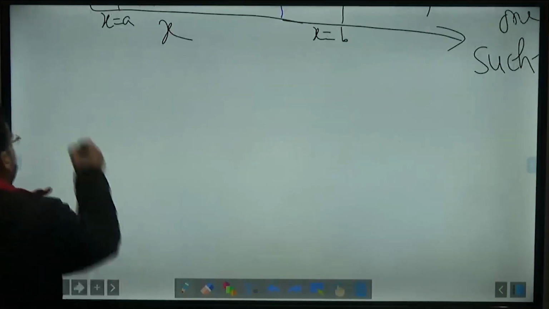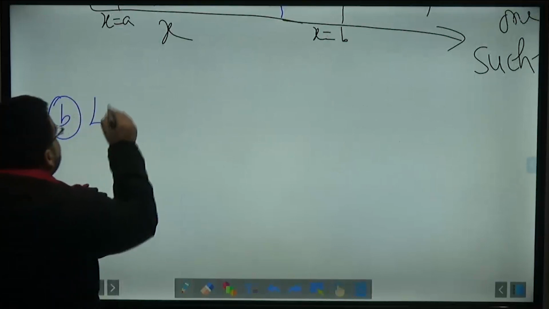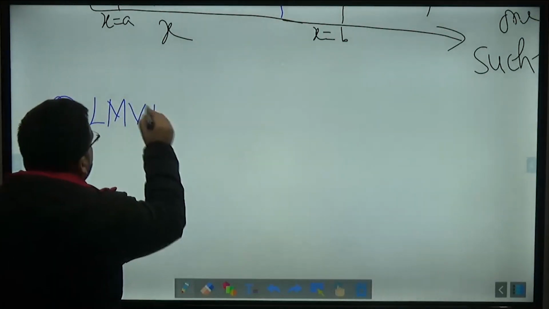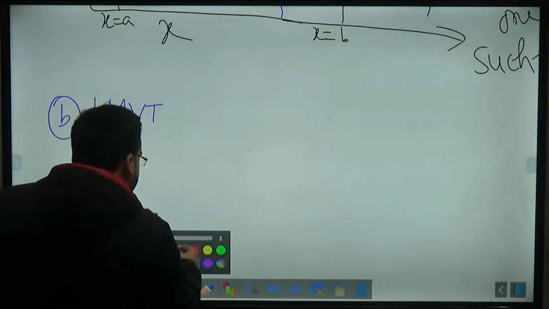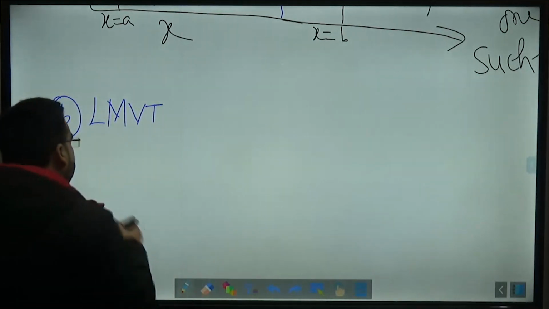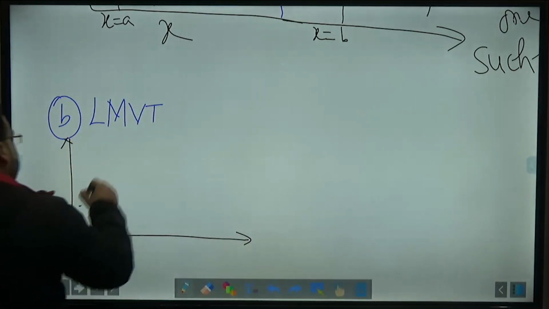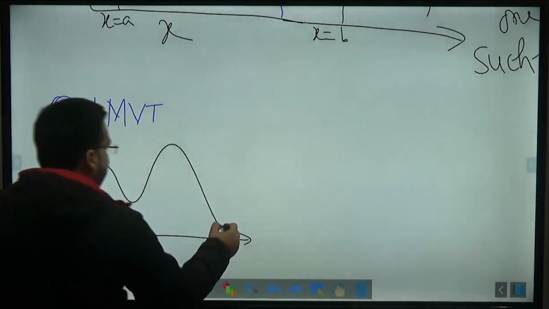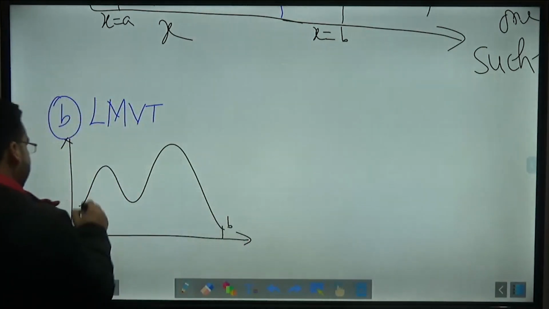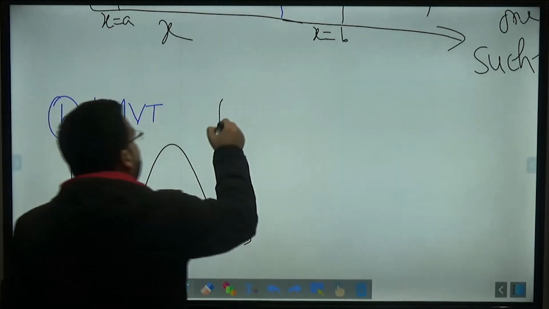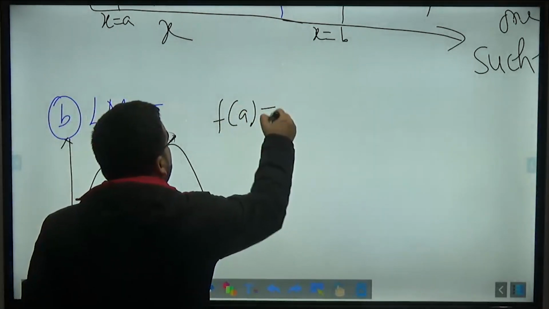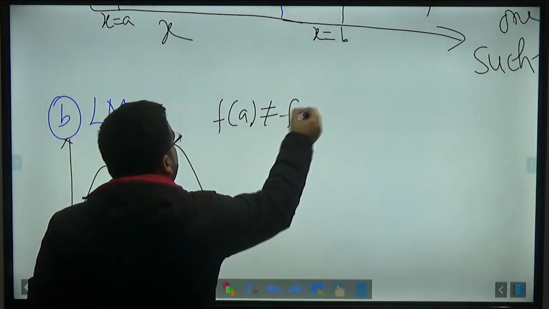After this, we had the Lagrange mean value theorem. Number 2 was Lagrange mean value theorem. What did it say? It said that even though f of a is not equal to f of b, let us say that you have a graph somewhat like this, okay? And this is my b and this is my a. Even though f of a is not equal to f of b,